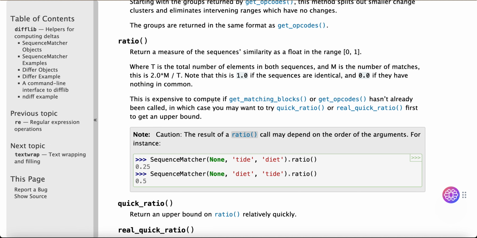This is expensive to compute if get_matching_blocks or get_opcodes hasn't already been called, in which case you may want to try quick_ratio or real_quick_ratio first to get an upper bound. Caution: the result of a ratio call may depend on the order of the arguments. For instance,